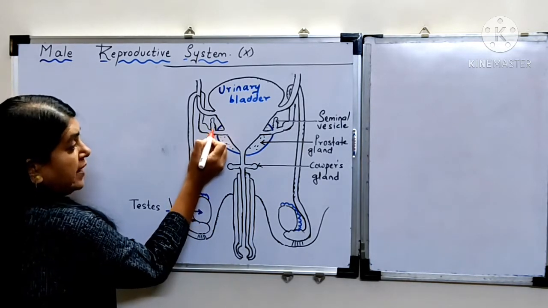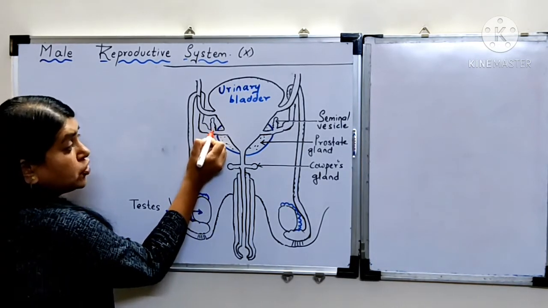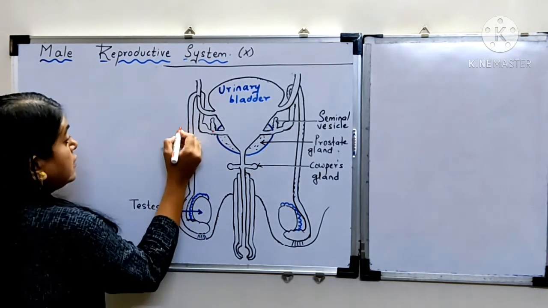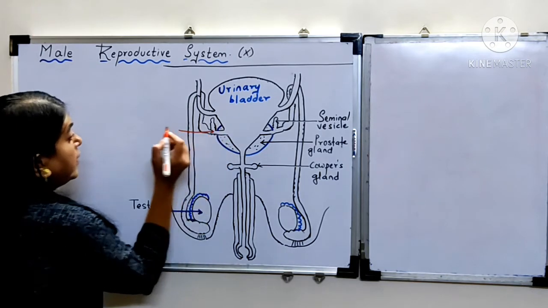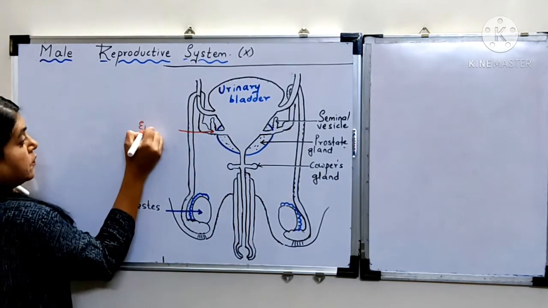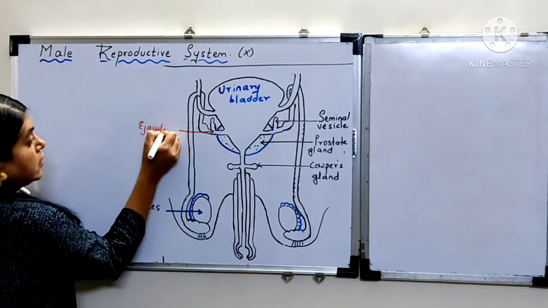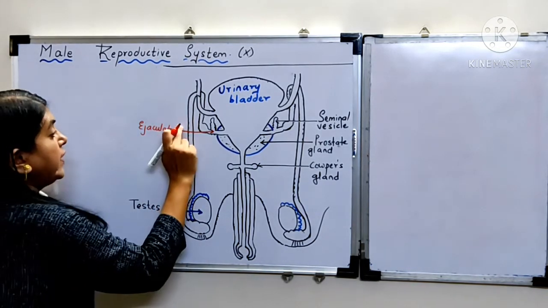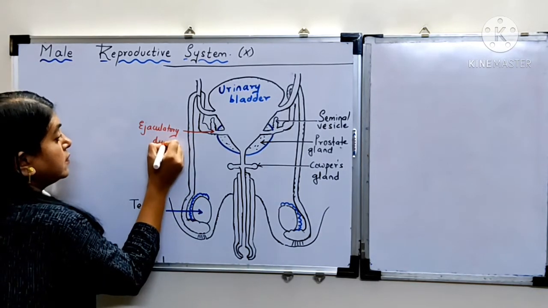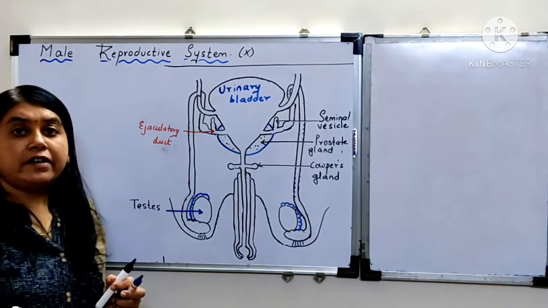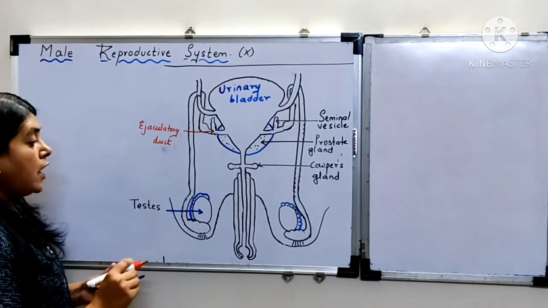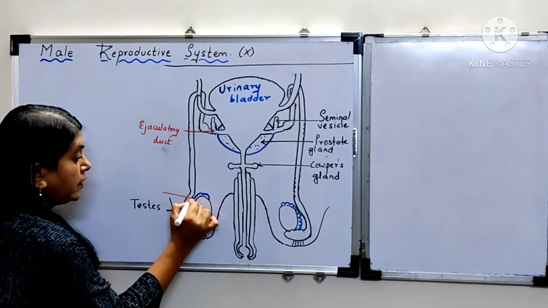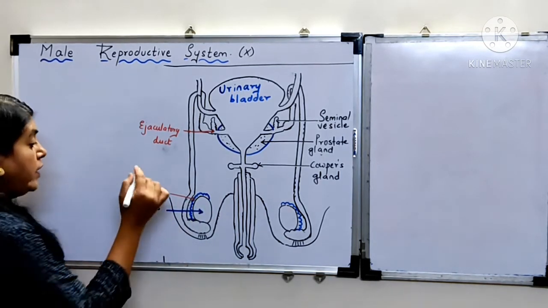See this part, the seminal vesicle and this tube. You can see this junction, the junction between the seminal vesicle and this tube, it is called the ejaculatory duct. Ejaculatory duct. Okay. Then the covering on the testes, that means this blue colored part, it is called as